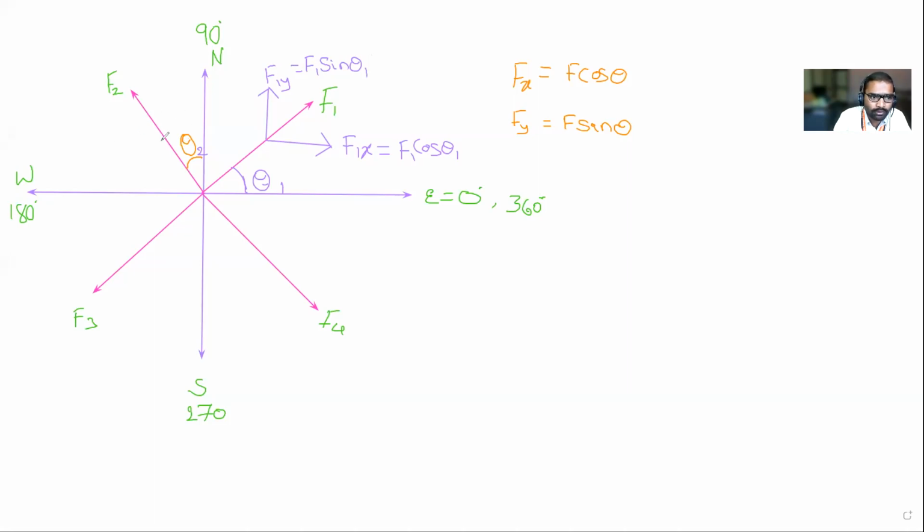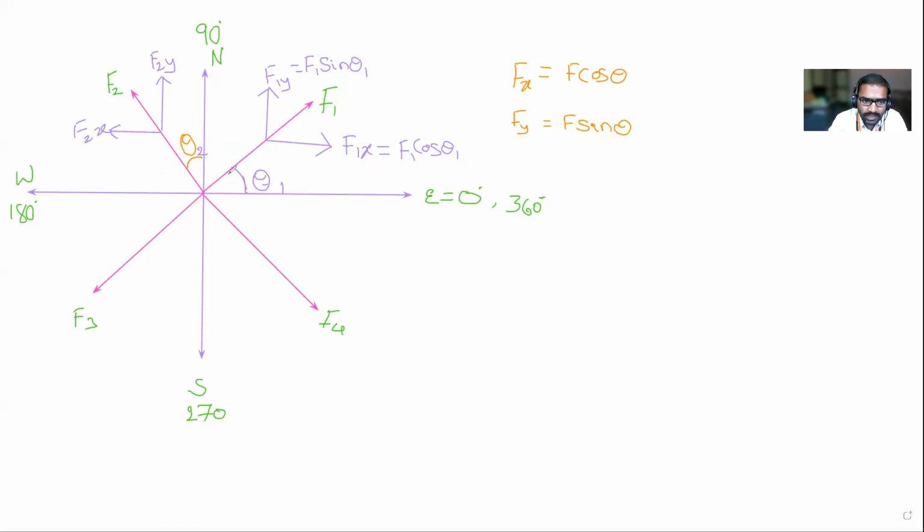Now look, come to the second quadrant. This F2 force is making an angle theta 2, with respect to horizontal or with respect to vertical? Vertical, right? So if it is vertical, then instead of calculating the horizontal angles, how to solve this? Tell me, what is this one? F2y, correct? And what about this one? F2x.